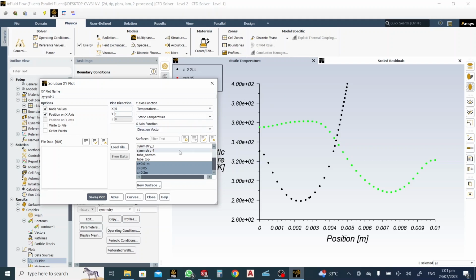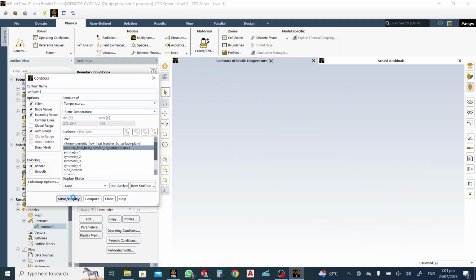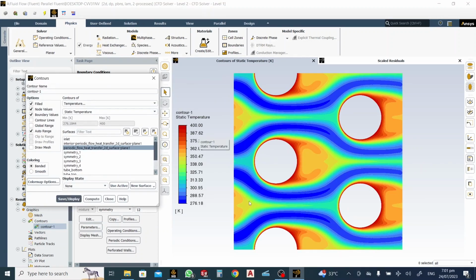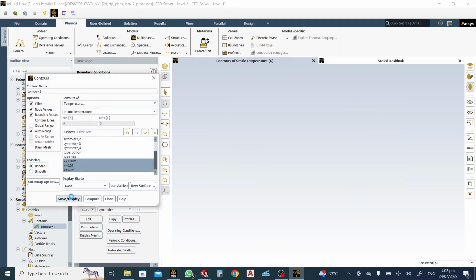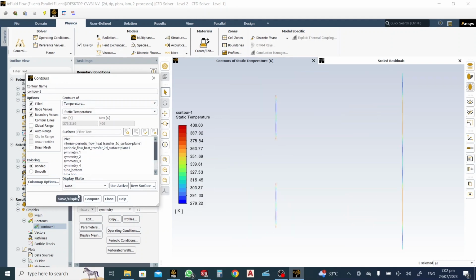I will close it, go to contours again, save and display the contours. It's the contour for temperature. Because hot fluid is flowing through the tubes, it's showing red color there because the temperature is high there. Now it's the contours for the isosurfaces that we made. Now we'll close it,